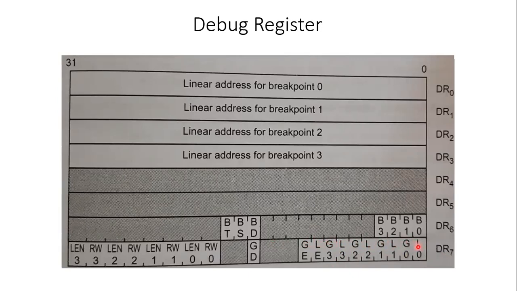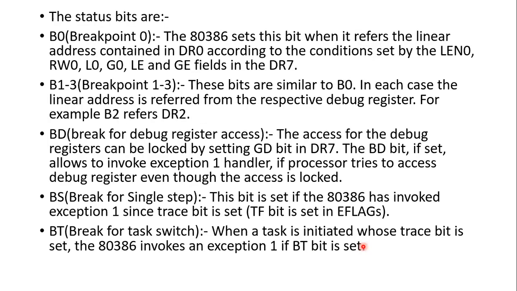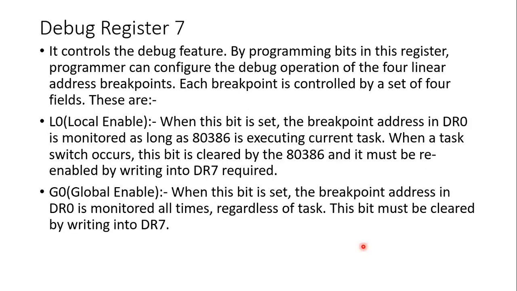So what are these fields? Local enable. When this bit is set, the breakpoint address in the DR0 is monitored. As it is 0, it refers to which register? DR0. And the breakpoint address in the DR0 is monitored